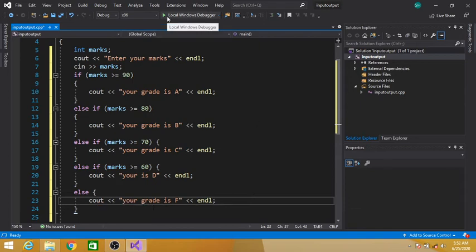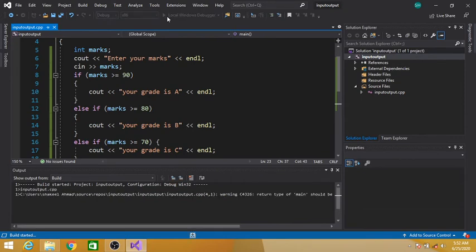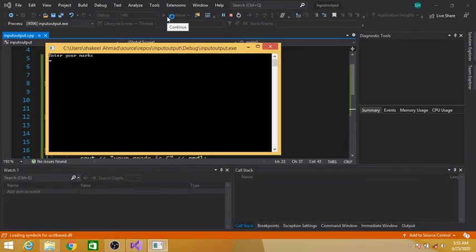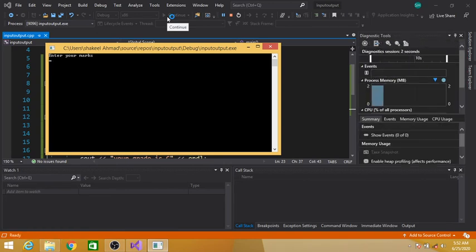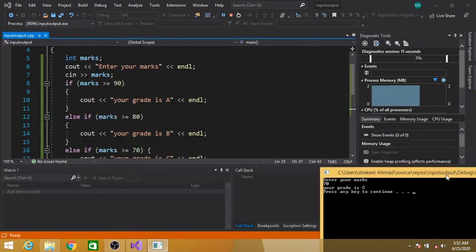So let's execute this program. The grade of the student is C. Why? We are entering 70. We are taking input in marks. The marks contain 70.